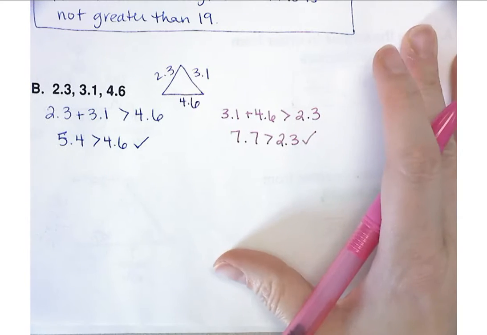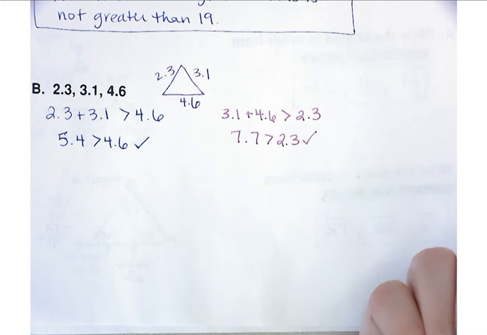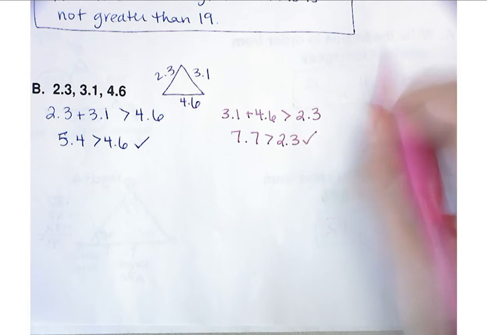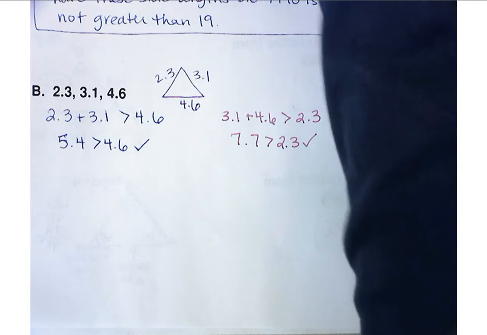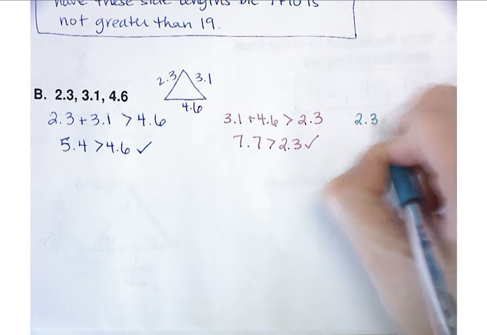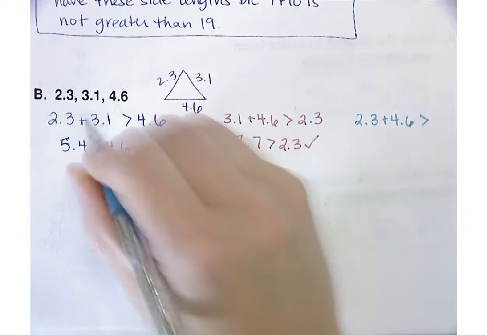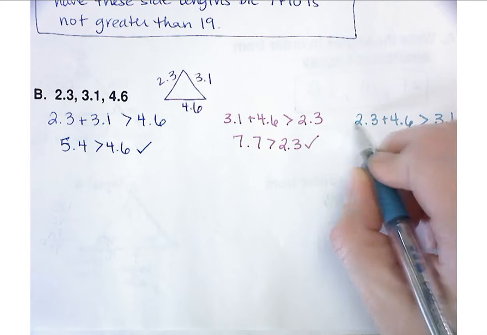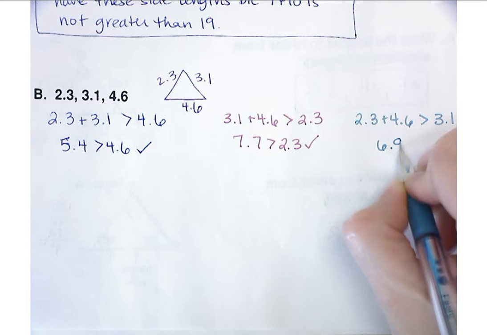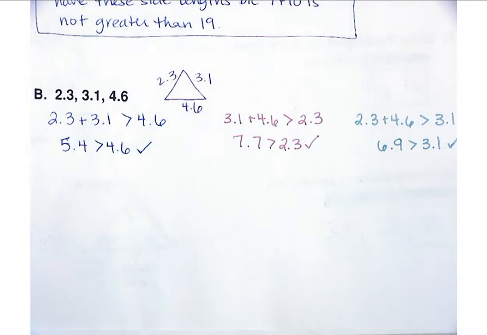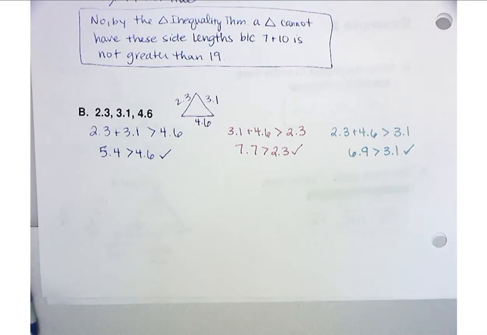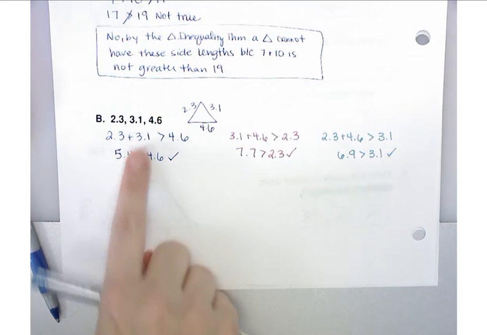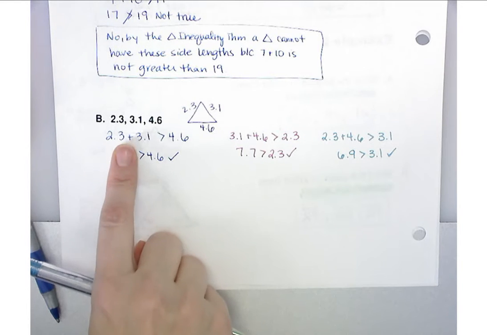as well. And then the same thing's going to happen for the, well, not the exact same thing, but your 2.3 plus 4.6, you know, is going to be bigger than 3.1 because 4.6 is already bigger than 3.1. And you will never have a negative side length. Okay, so really, I would always start with the shortest side lengths and add those together before I did any